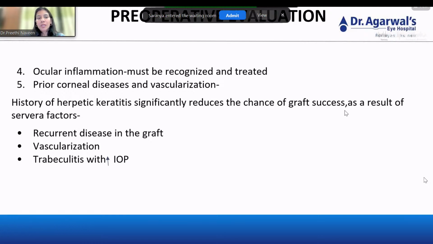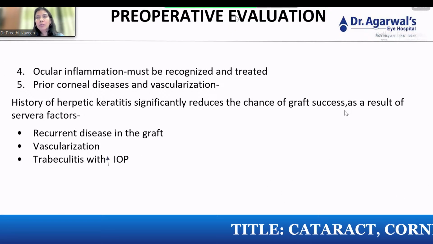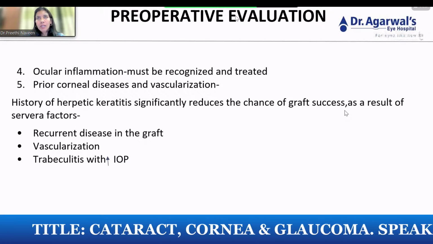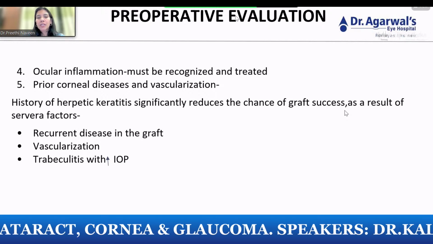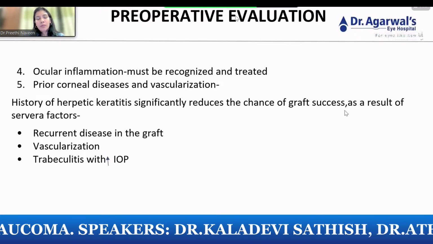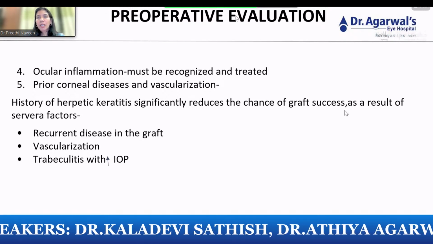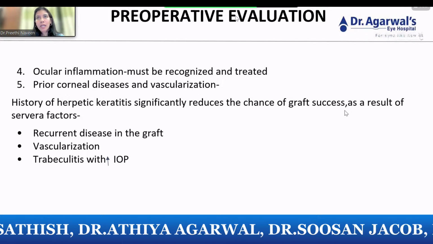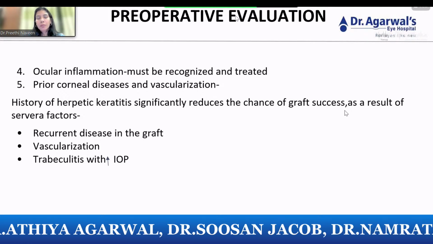So if it has to be, you would have to start the patient on antiviral prophylaxis pre and post surgery if you know it's because of a herpetic cause. And if it is a neurotrophic cornea, then we'll have to keep in mind post-surgery healing of the epithelium. So then you would consider combining the surgery with maybe a temporary tarsorrhaphy till the epithelium gets better. And so there are multiple factors you will have to keep in mind before you do a procedure on these patients.